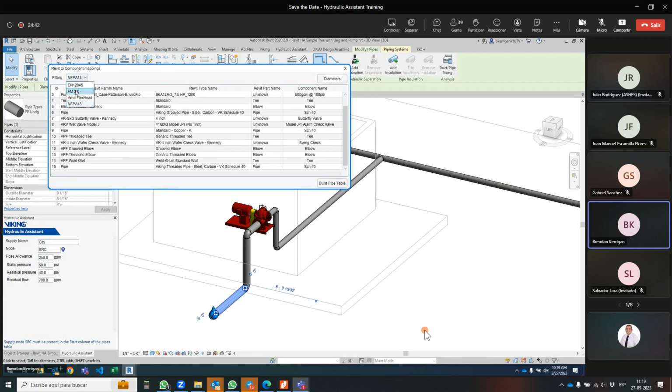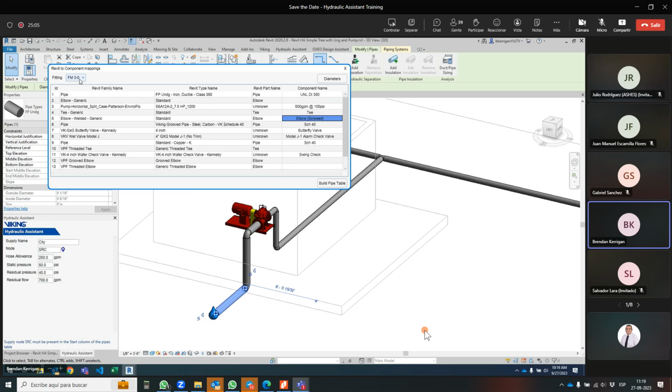If I happen to be working in an alternative standard, like FM3-0, you'll see that some of these cells are blank here, and it would be on me to come in, click in, and then map that item to whatever it might be. So this might just be a T. This item right here might be a 45 elbow, could be a 90 straight flange, could be a screwed elbow. It's on you to come in, map those items appropriately, and then once you have everything mapped,